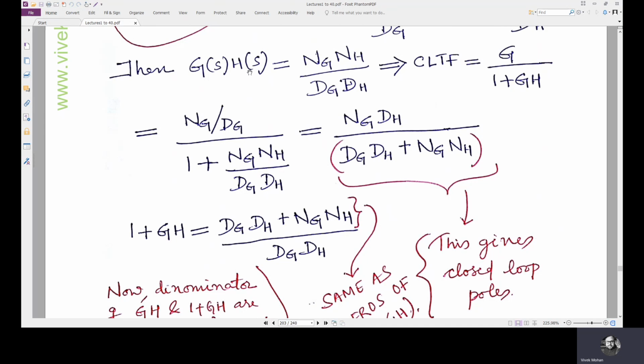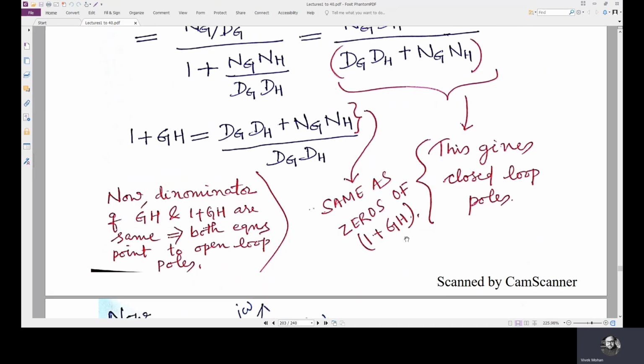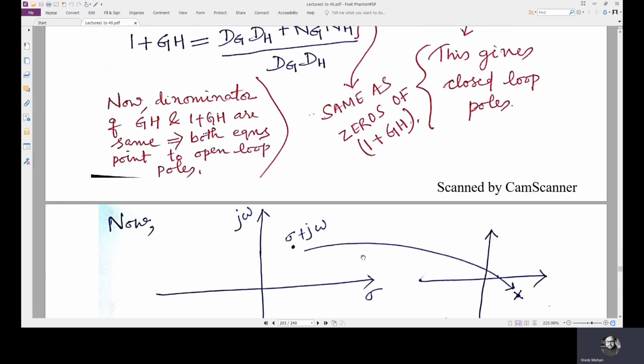So if you know the poles of the open loop transfer function, it is equivalent to knowing the poles of 1 plus GH. And if you know the zeros of 1 plus GH, it is equivalent to knowing the poles of the closed loop transfer function. This is the concept used in the Nyquist criterion, or to draw the Nyquist plot, or rather to draw